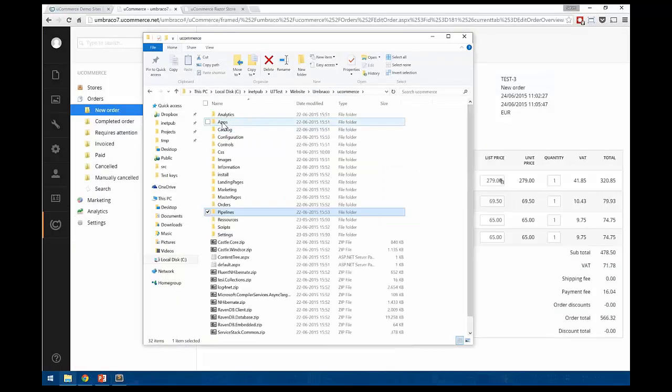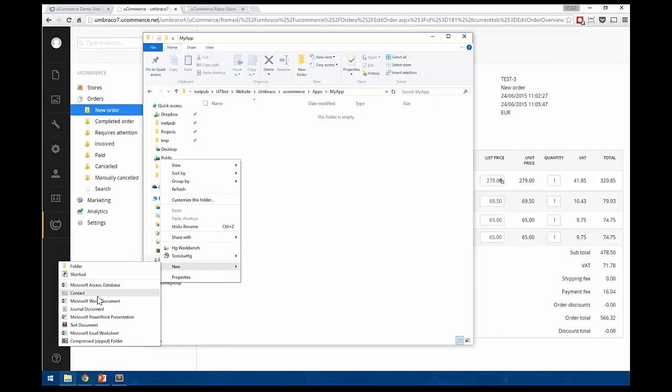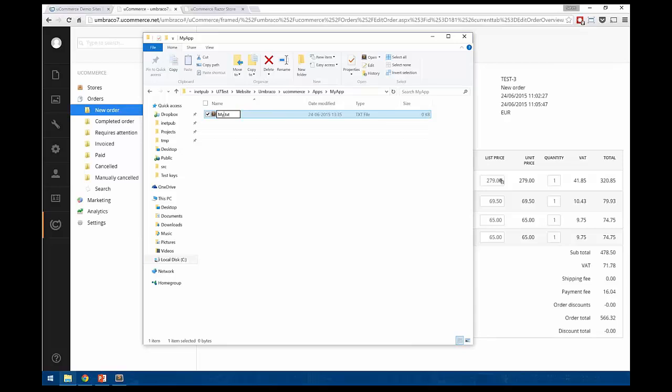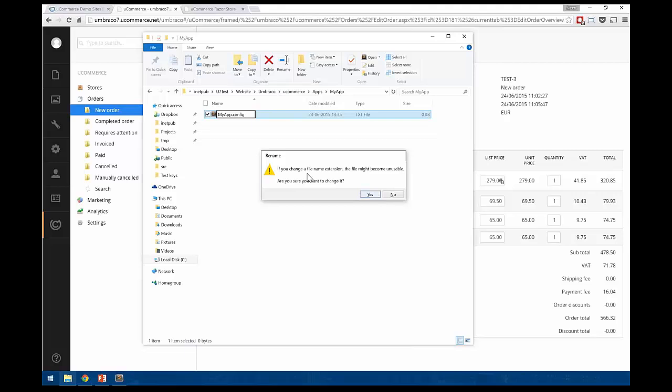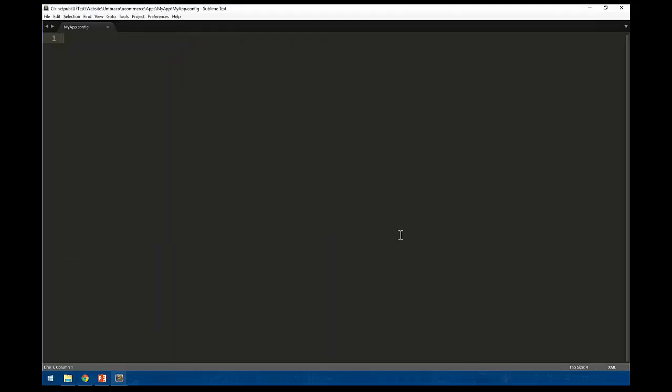So in the uCommerce folder here, there's a new folder called Apps, and it's not that exciting because it's empty. There are no apps installed right now, but I can create a new one here, My App, and the idea is that uCommerce monitors this folder and picks up new configurations. And so I can create a new configuration here that will override, say, call it My App.config. This will enable uCommerce to pick it up. It looks for these types of files. And what I can do here is use those partial components to define a new component.